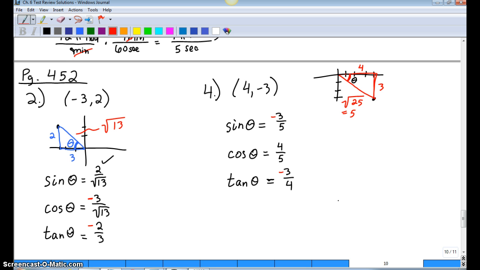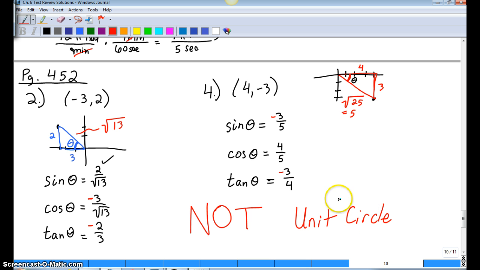Now, I should have prefaced this whole video by clarifying, when you're given a point like (-3, 2) or (4, -3), this type of problem is not the unit circle. Okay? What I mean is, there are a few of you that get confused, and I can understand why. But the confusion is that once you set up your triangle, let's say you went over 4, you went down 3,